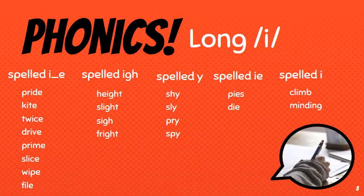Let's start with the long I sound. As you see here, we have different spelling patterns to have the long I sound. Let's start first with the spelling pattern I, then consonant. When we have a space here, we mean a consonant letter, then the silent E at the end, like pride,